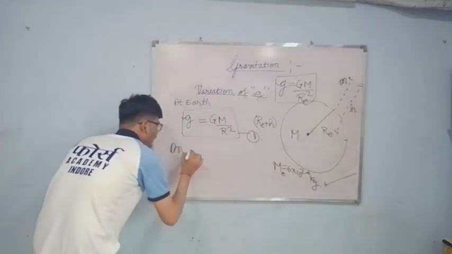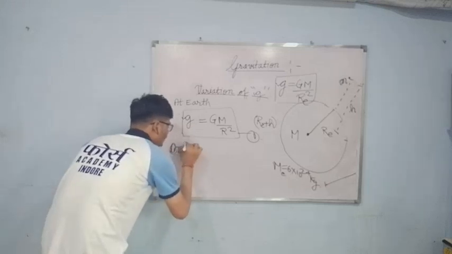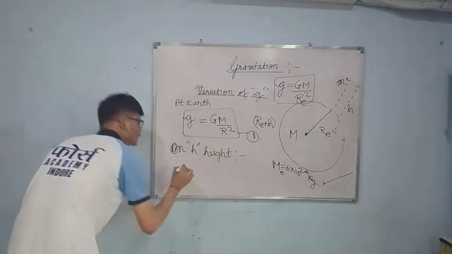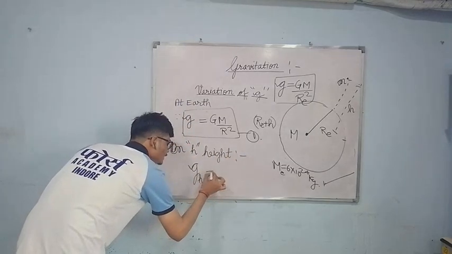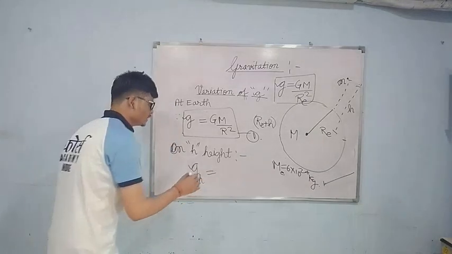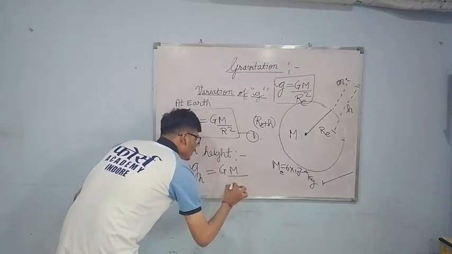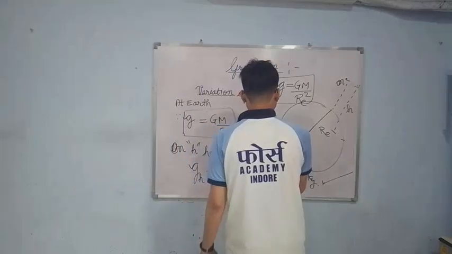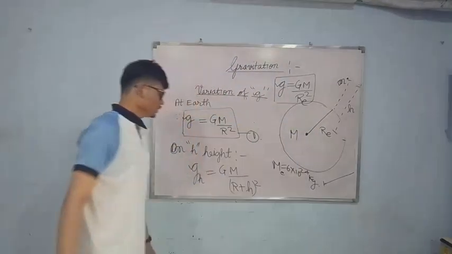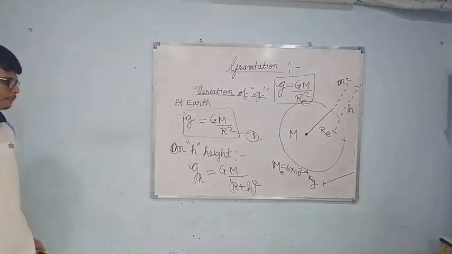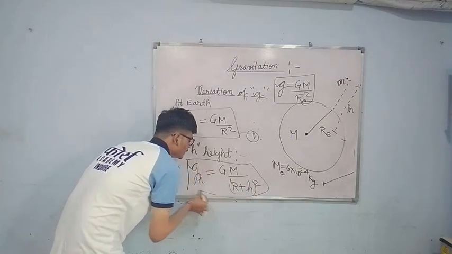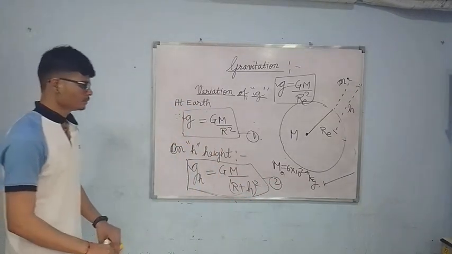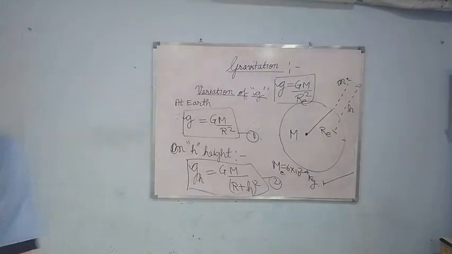The object is taken up to h height. At h height, the value of g is g_h, since the object is at an h height. So g_h is equal to GM by (R plus h) whole square. Now on comparing the first and second equations, we get